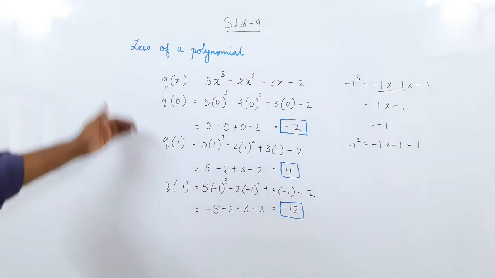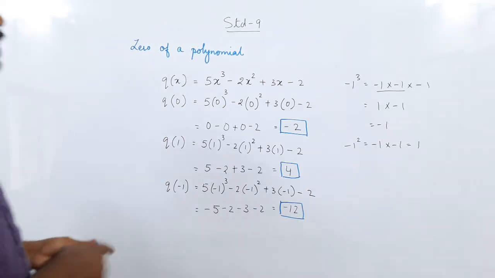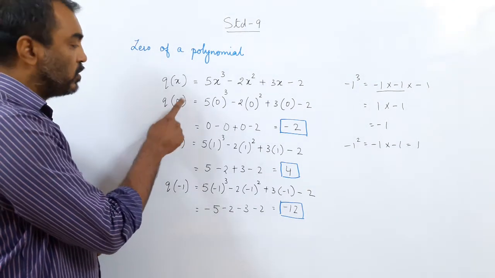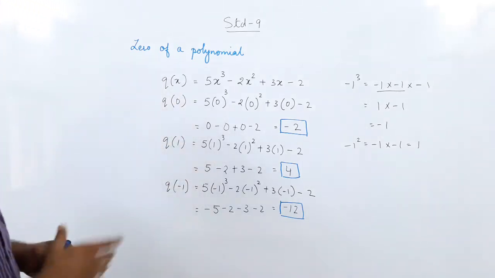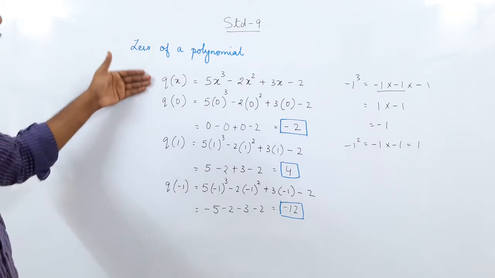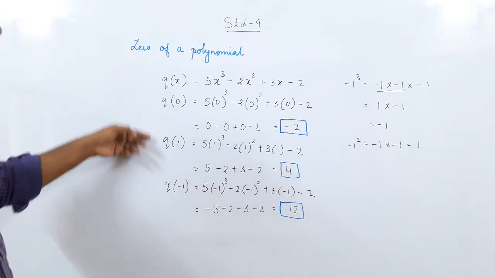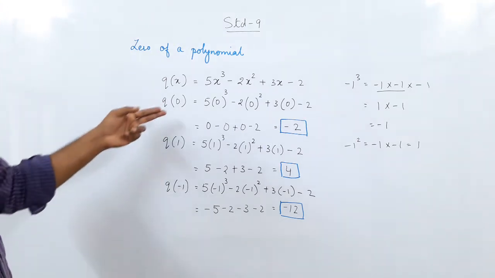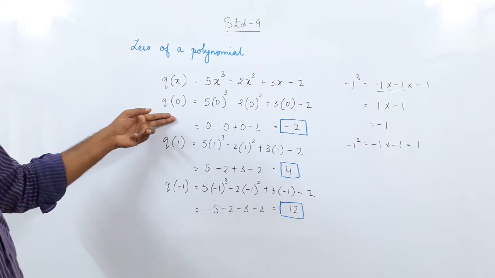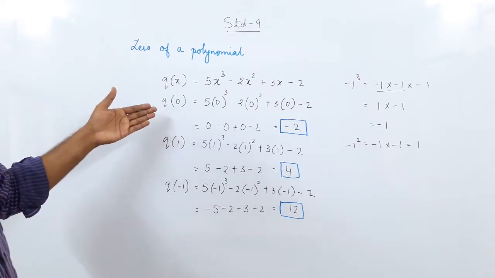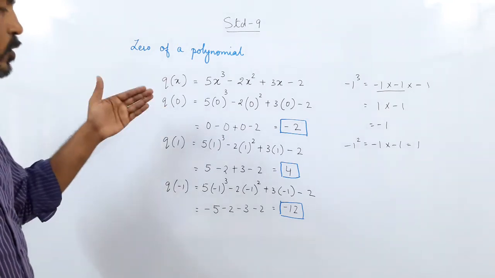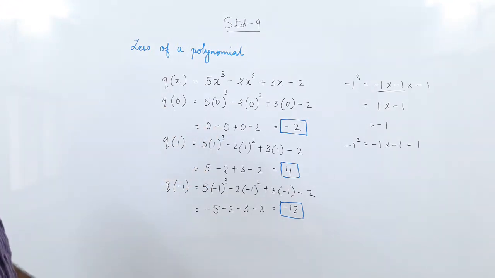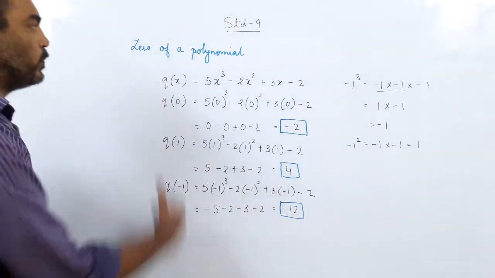Now in this way, you can keep on changing it the way you want. You can even put 1 upon 2, 3 upon 2, root 7, root 5. You can put any real number. In the polynomial, I only started with the integers, positive and negative. You can put rational numbers, yes, 3 by 2, 7 by 2, 3 by 5, whatever. You can put irrational numbers, root 3 by 2 and so on. Now there are so many values you can put.